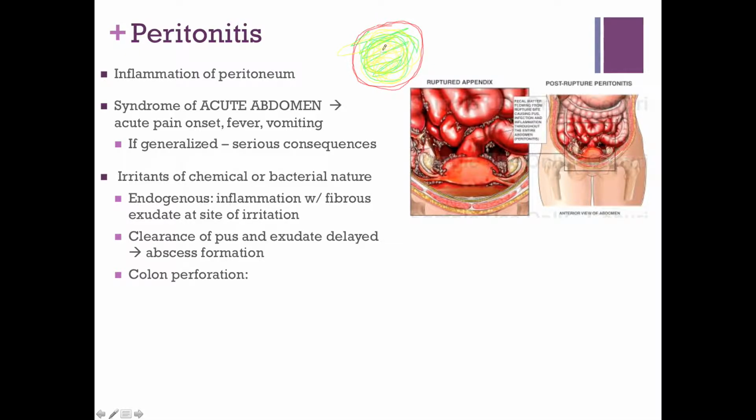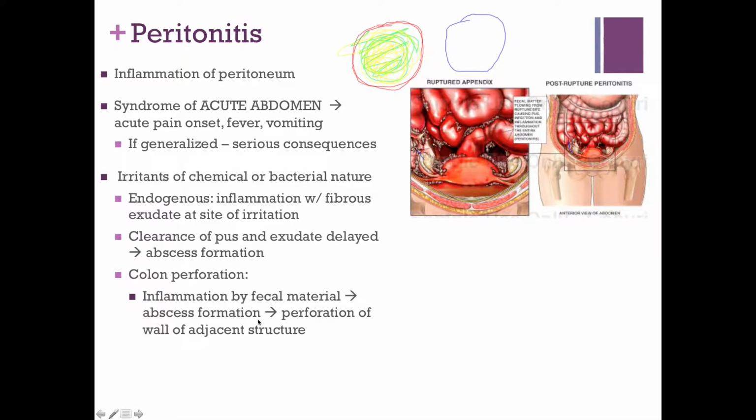Even if the body removed this infection, that cyst would always remain. So the purulent exudate would go away, but there would still be a cyst capsule. So the capsule has to be taken out. Generally, you want to remove an abscess so that it doesn't keep filling up. Okay, so in cases like colon perforation, and the appendix is part of the colon, so something perforates,